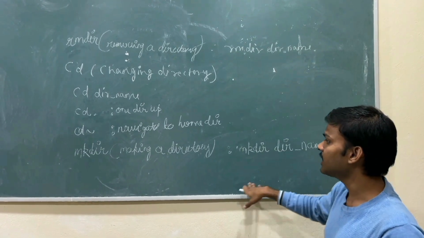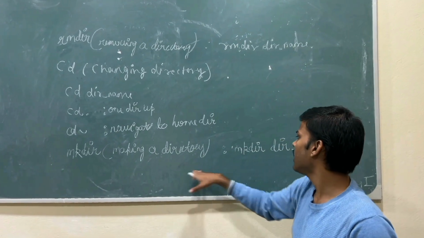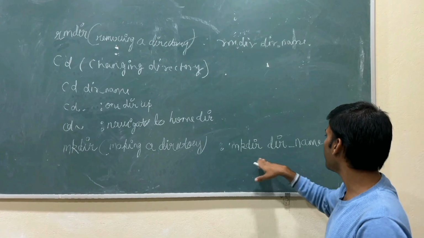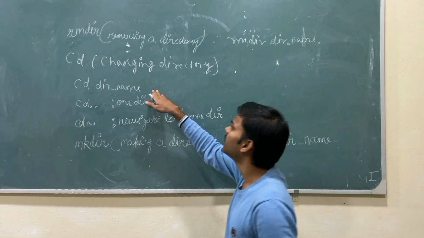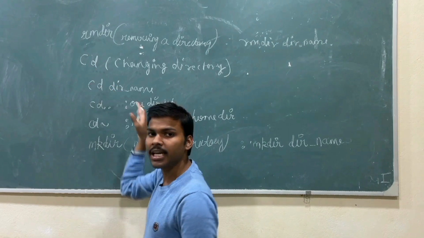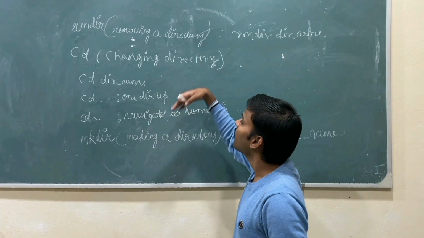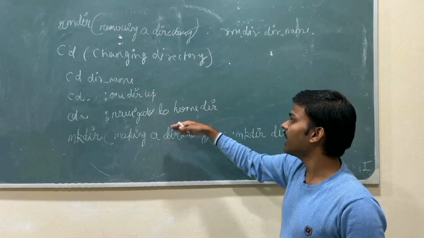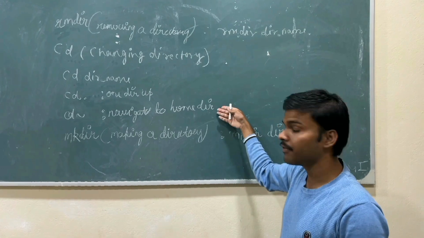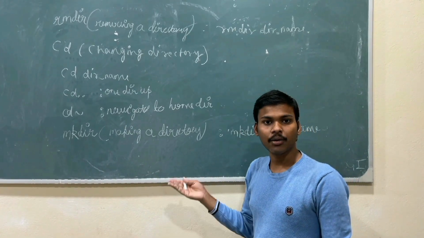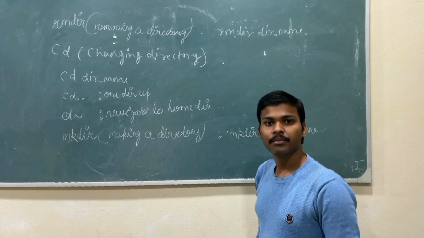Its counterpart is mkdir, which itself says making directory. How we are going to use it is mkdir and the directory name which we are going to create. And we have other variations of cd. cd stands for changing directory. First one we have cd ... It moves one directory up in the hierarchy, and the last one, cd ~, navigates to the home directory. Suppose we are present in a directory other than the home directory, cd ~ will navigate to the home directory.